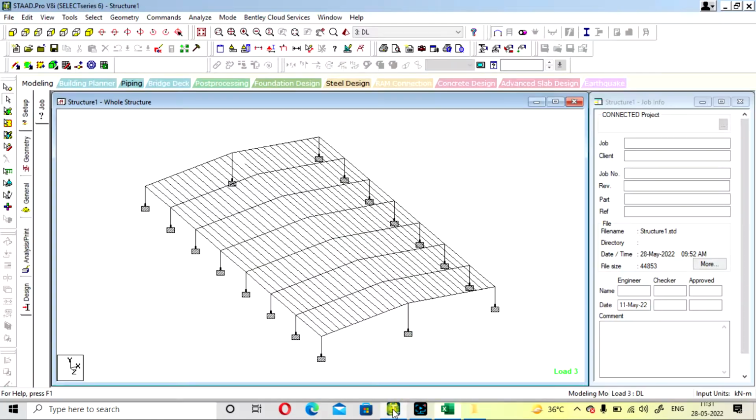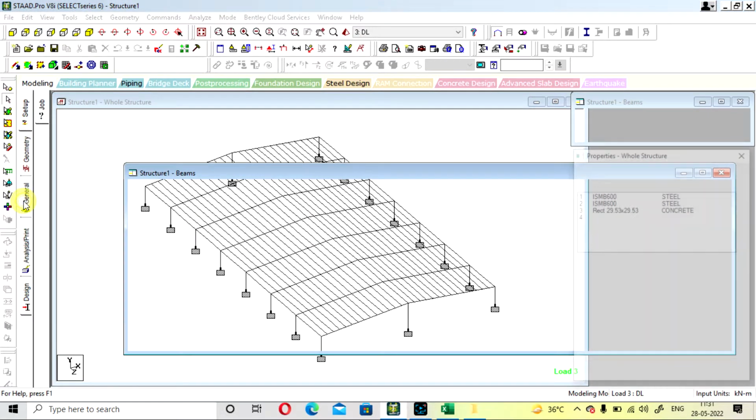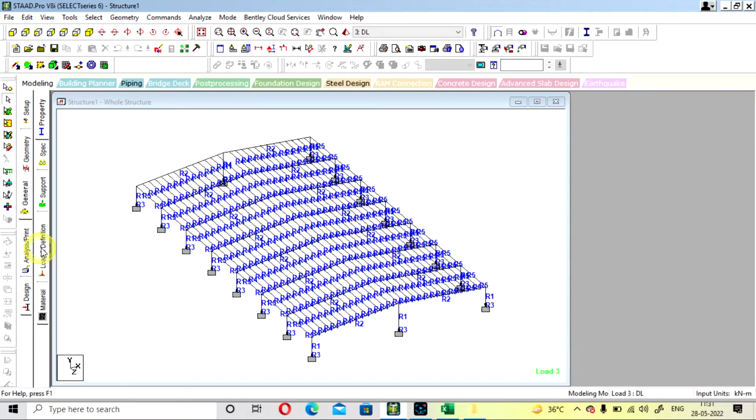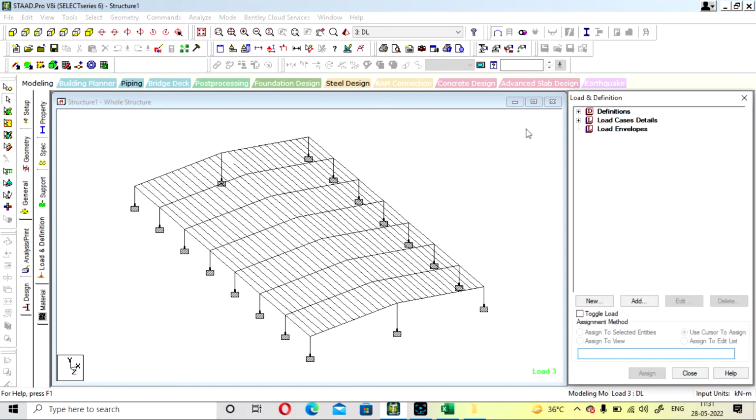So in this lecture we are going to see how to apply a wind load on a steel structure. Okay, this is our structure and we have applied all the properties, and in the loading we have to add the load that is coming due to the wind. So 8 cases have been generated